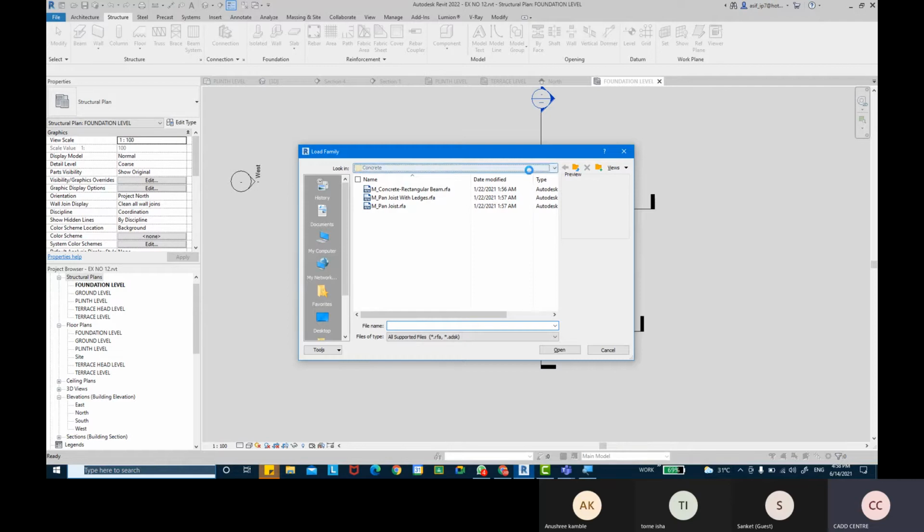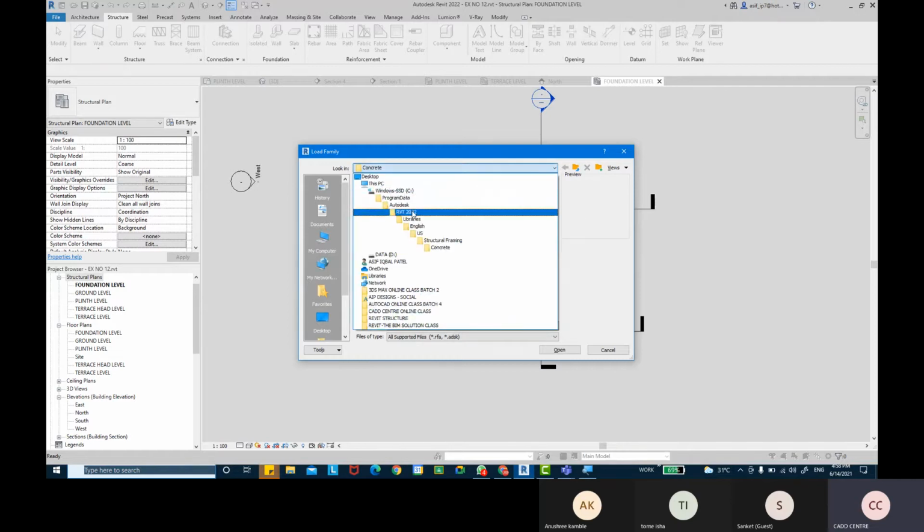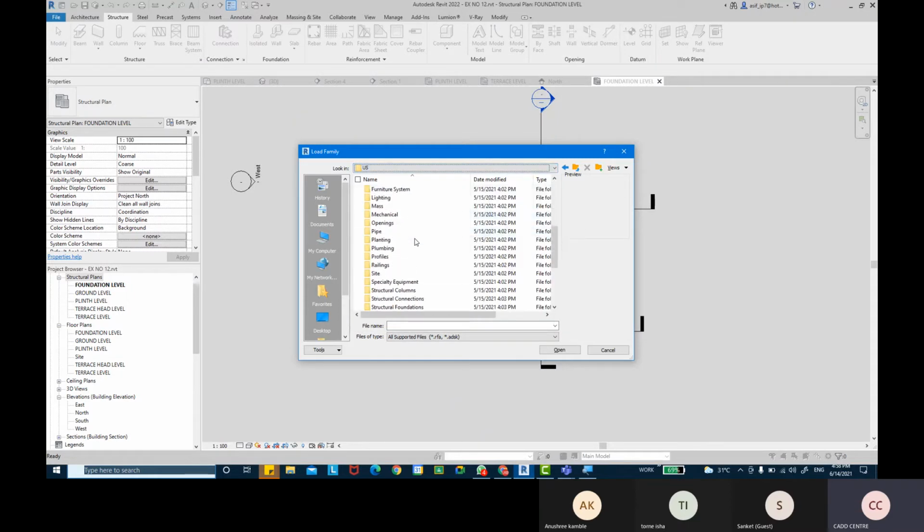Then I'm going to come into the same folder, C drive, ProgramData, Autodesk, RVT 2022, Libraries, English US. And we're going to search for a folder called structural foundation. There we are. So when I come into structural foundation, I'll get the types of foundations. So I have an MCAP foundation. Then we have footing, rectangular footing. Then we have one pile cap, basically there are two pile cap, three pile cap, four pile cap, 5, 6, 7, 8, 9. There are up to 9 pile caps also there.